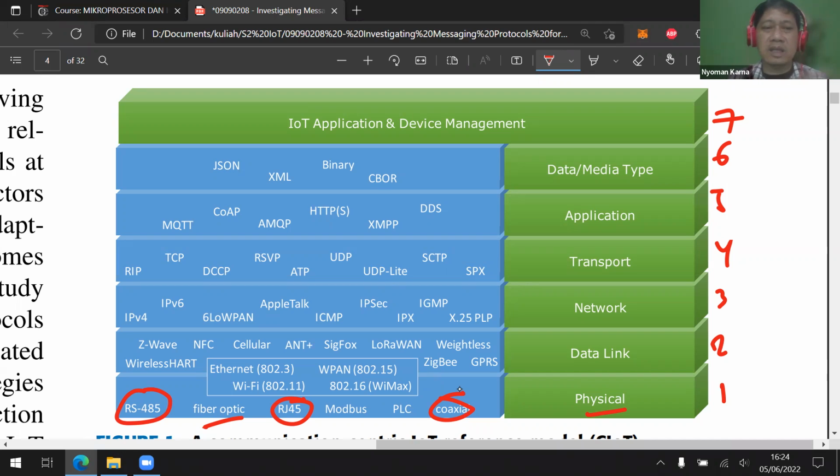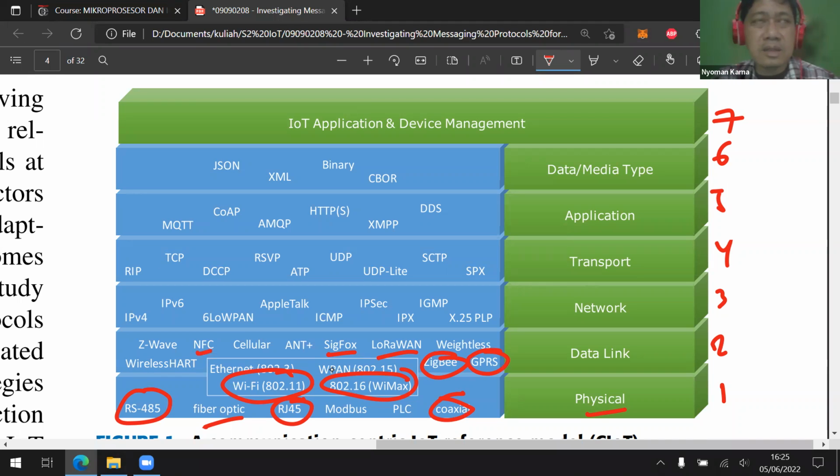And in the data link layer, we can use Wi-Fi, and also WiMAX, although in Indonesia we cannot use WiMAX because it doesn't have a frequency license in Indonesia. We can also use Zigbee, and also GPRS, a very old mobile communication connectivity. And then we can also use Sigfox, LoRaWAN, and NFC.